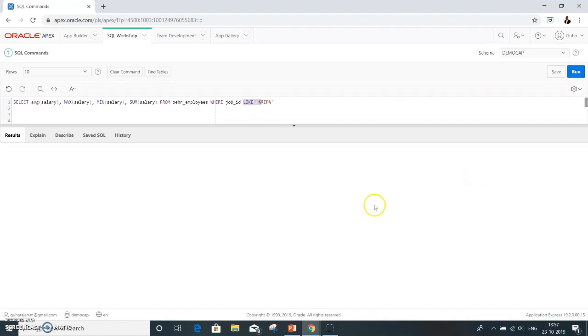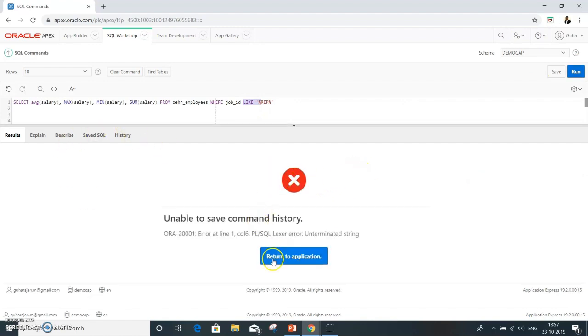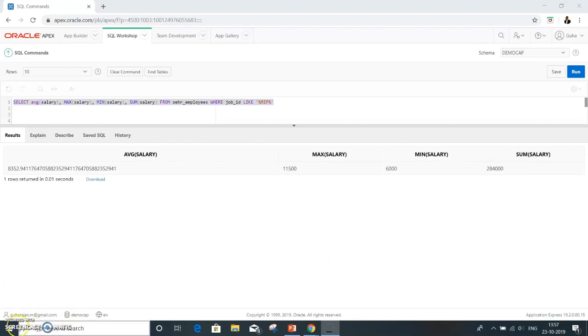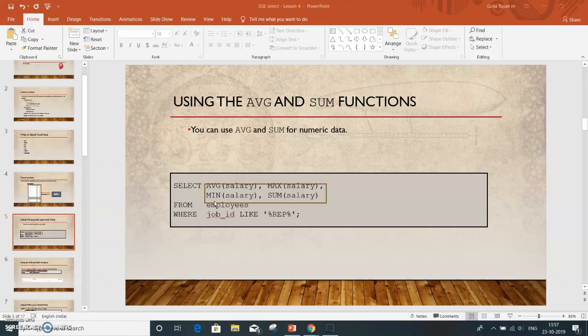And if you run it, okay, I think I'm not logged in. So I have logged back in and ran it. Yes, it gives the average, max, min, and sum of all the salaries for the wildcard REP, where job ID is like REP. So the rest of it, if you run through it,